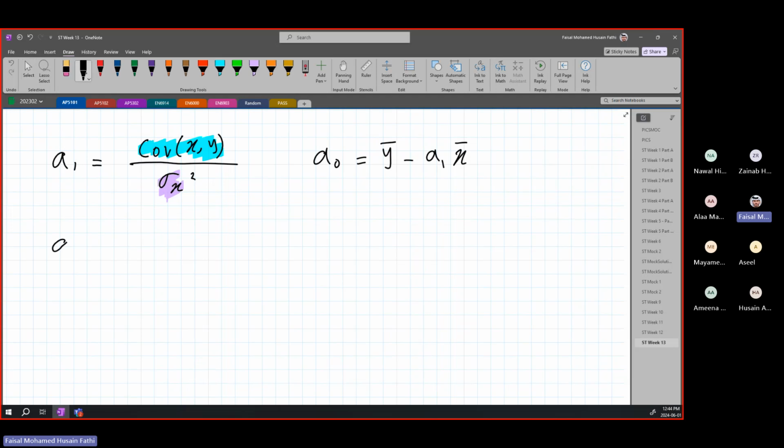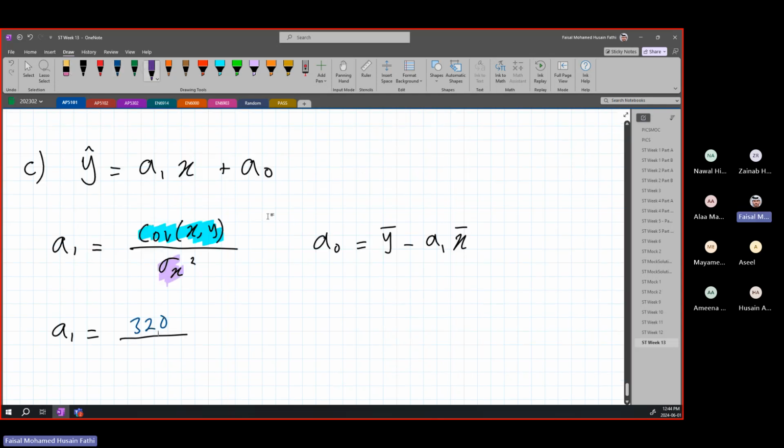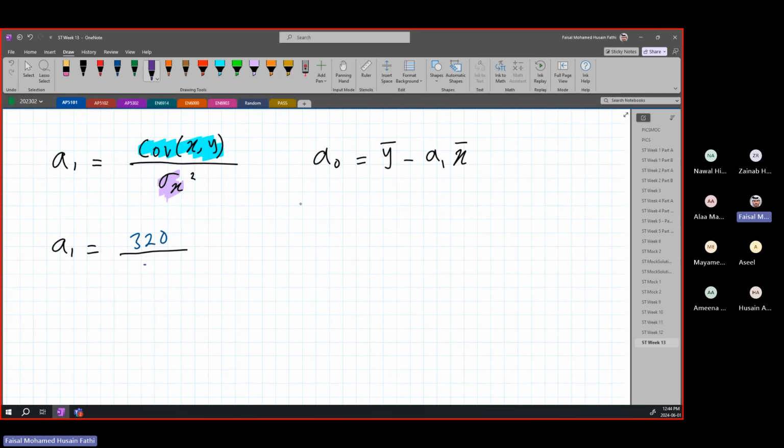So a1 is simply just equal to 320 divided by sigma x, which is 5.92, all squared. Okay, that's it. And you have found your a1 value very easily, which will be